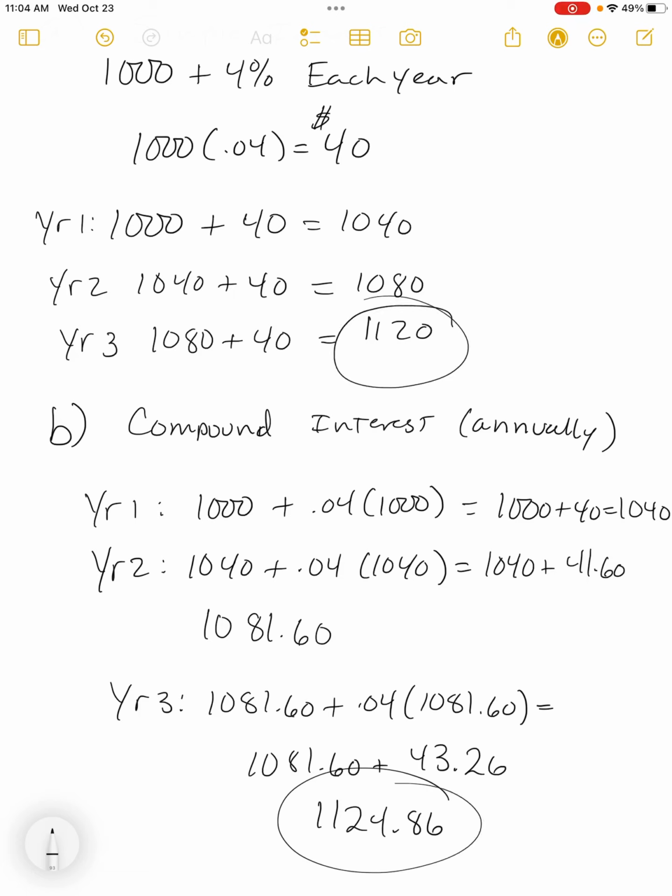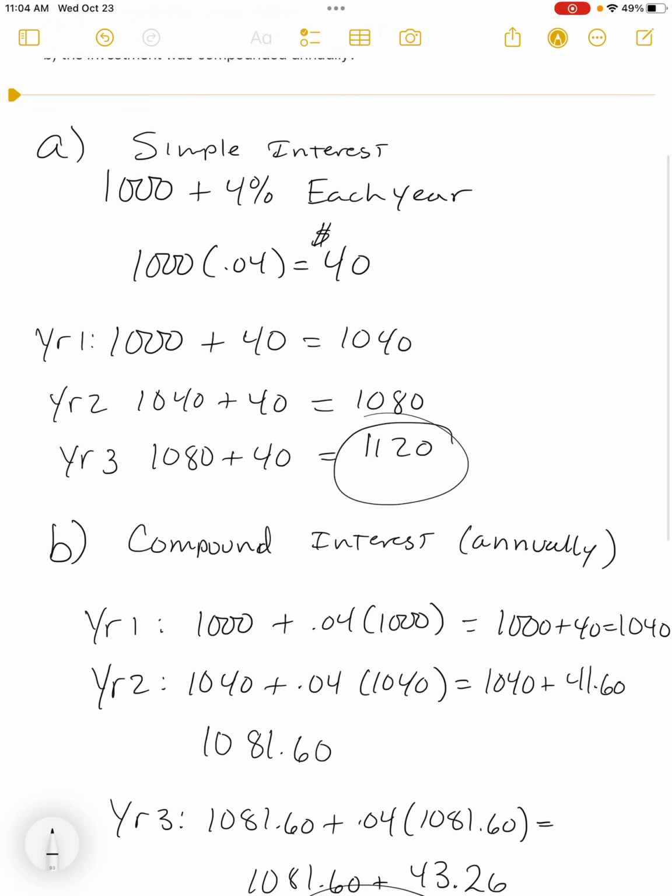In that 3-year process, because the interest was compounded, I made an extra $4.86 by doing nothing other than letting that interest be compounded. That's what compound interest does: it keeps reapplying the percentage at different intervals at whatever rate is stated. And so we had a nice formula to come up with this 1120 when we were in